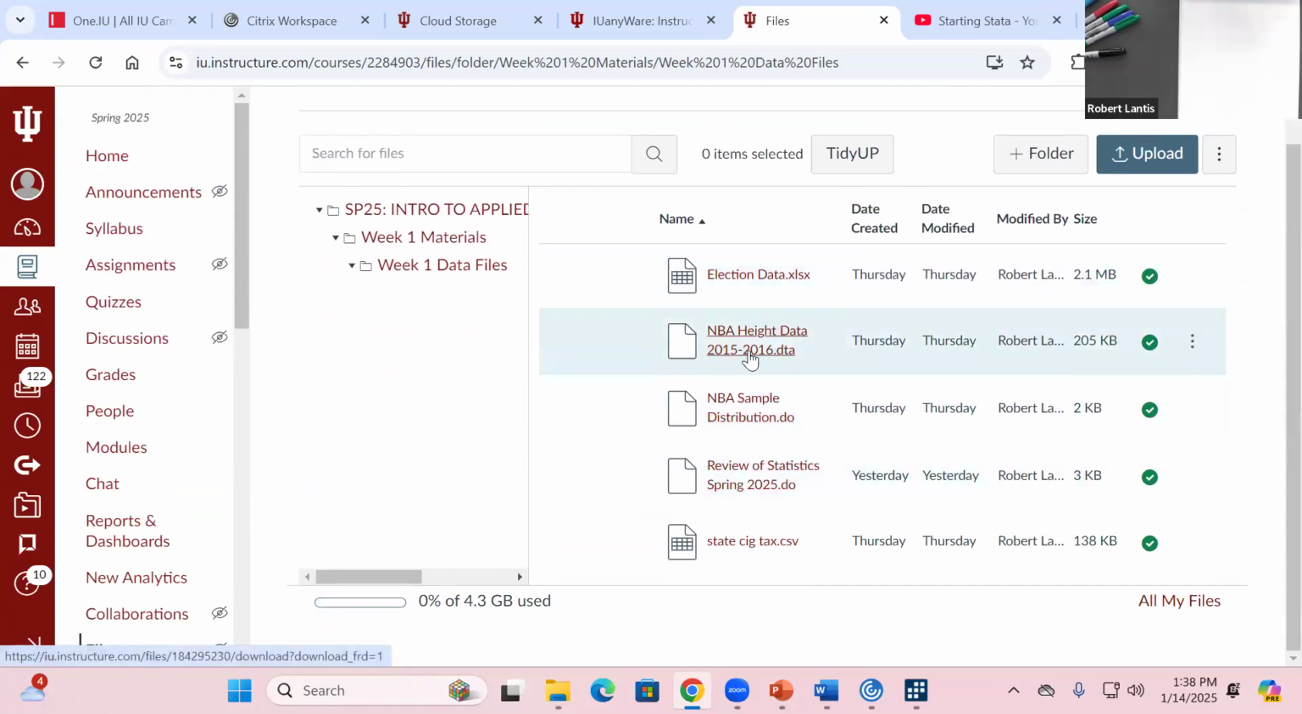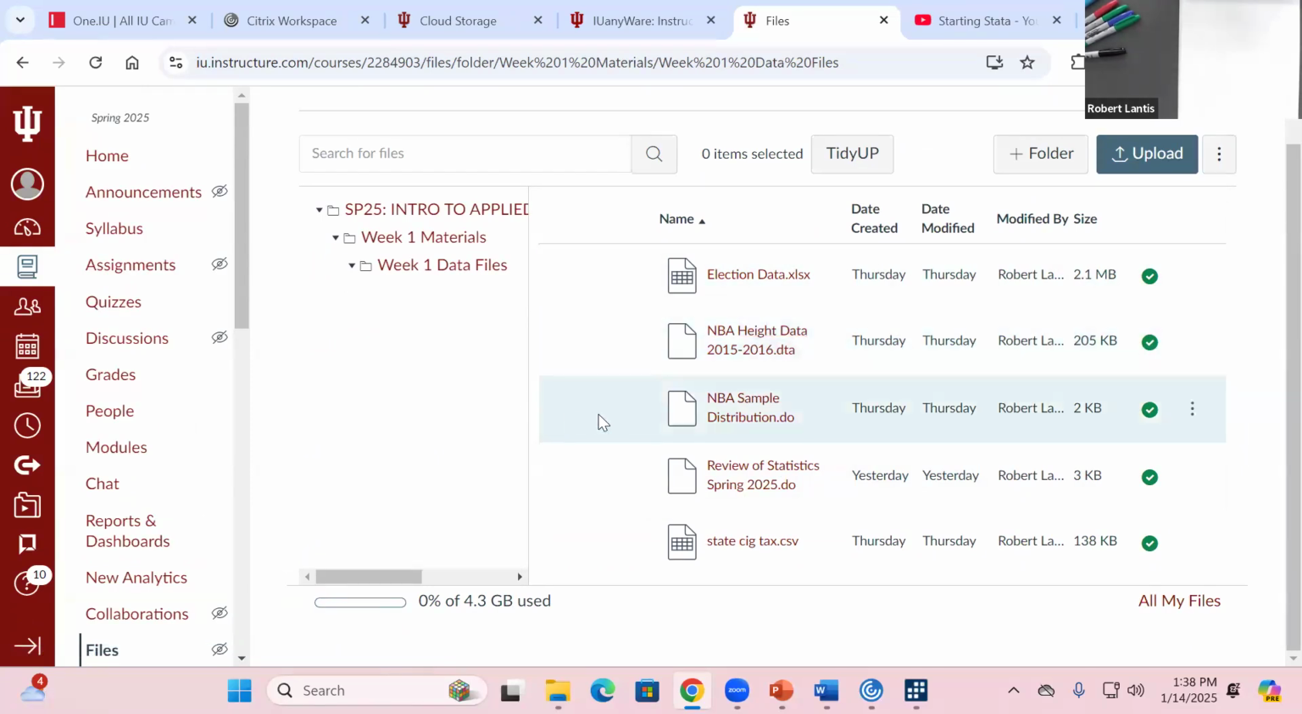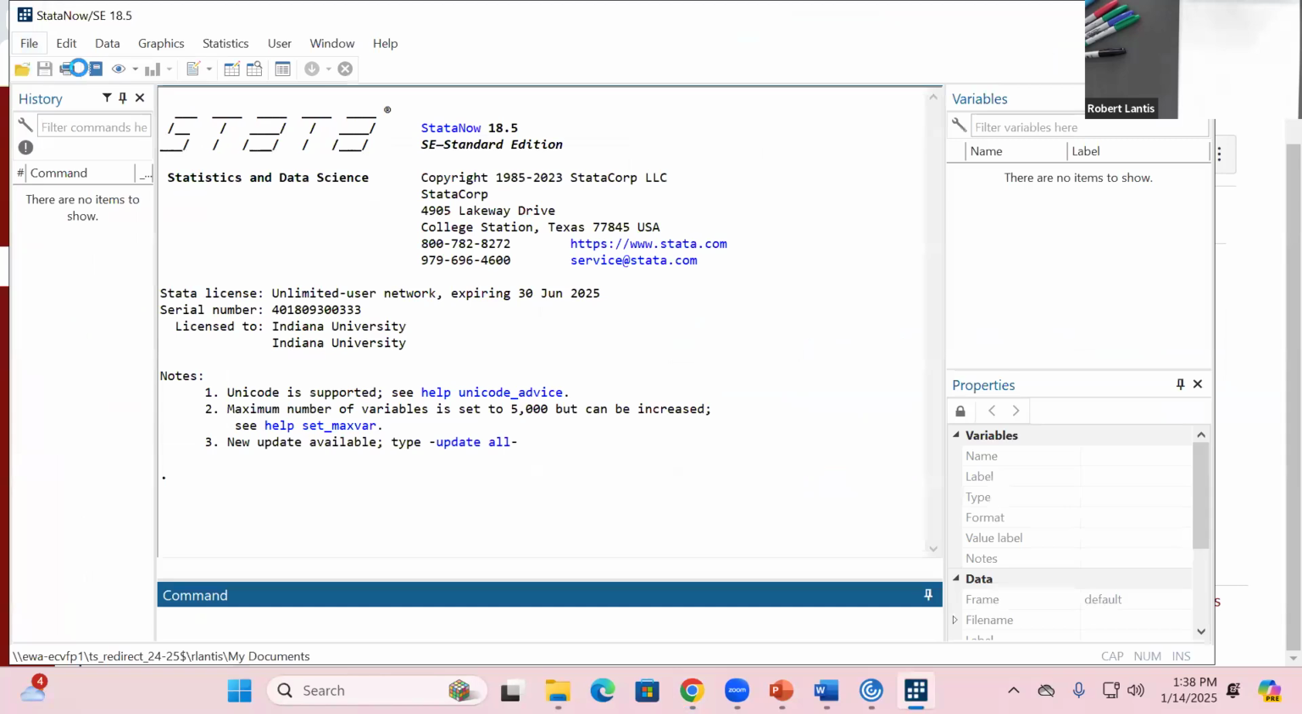You'll notice this is a .dta file. If I just want to open a data set, it has to be in Stata's form, that's a .dta file. I can open other data sets like CSV or Excel files, I just have to import them and convert them into a data set that is a .dta file. So if I'm on this interface and I go to File, Open,